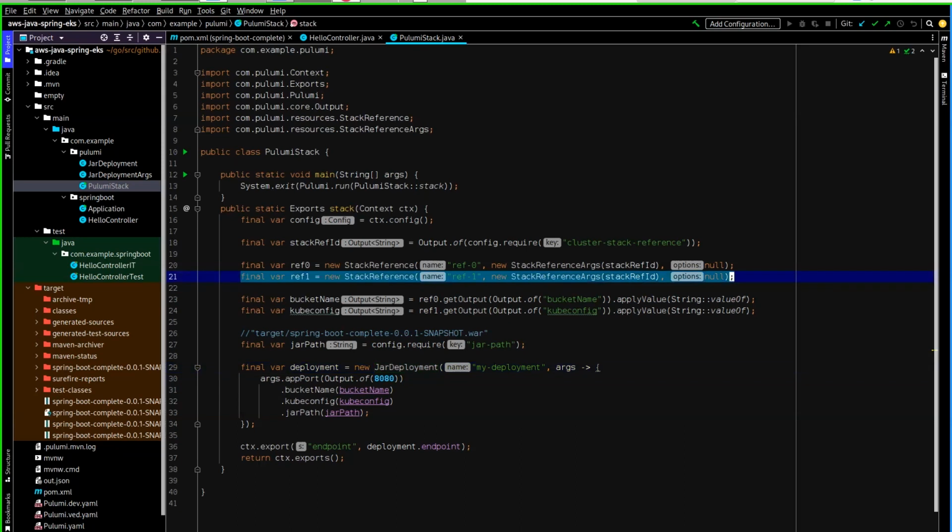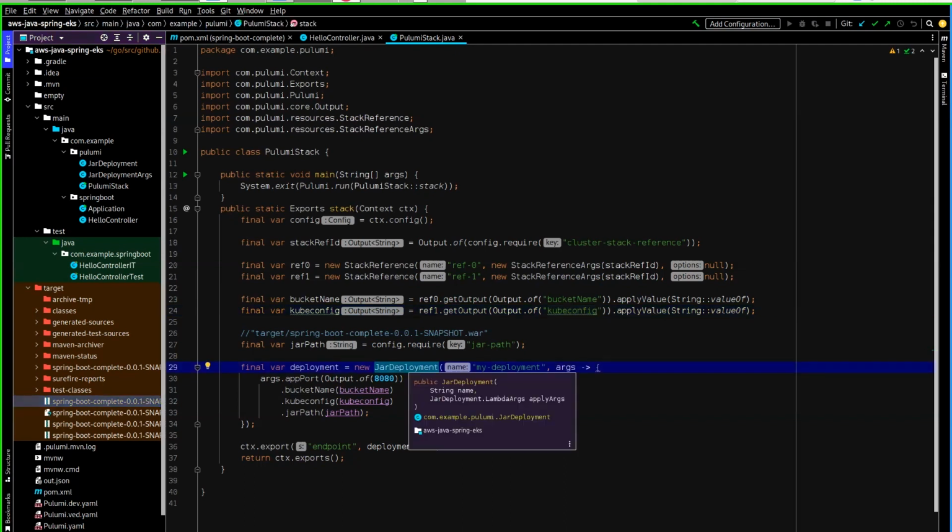Now, if you notice here, there's 2 stack references. While working on this, I found a little bug during pre-preview, and it's fixed now. But just disregard this line. So if you look here, we get the output of bucket. We get the bucket name and the kube config, and we save them to variables. And then we pass in the jar path, which is going to point to this WAR file over here, and to specify to this jar deployment that that's what we want to put in the S3